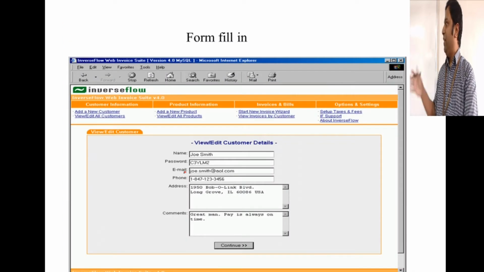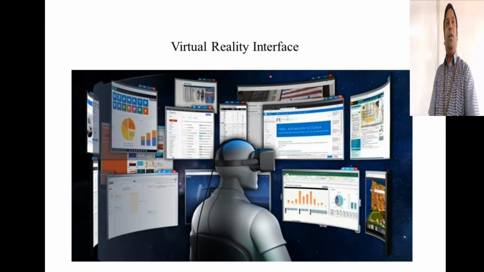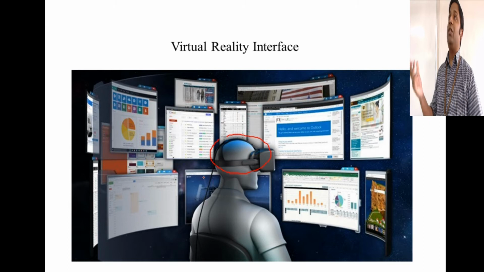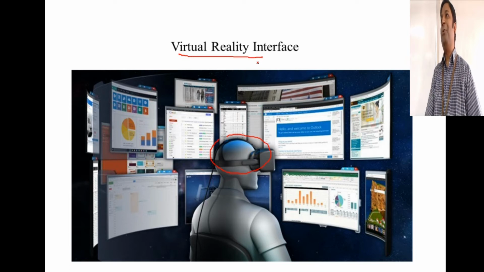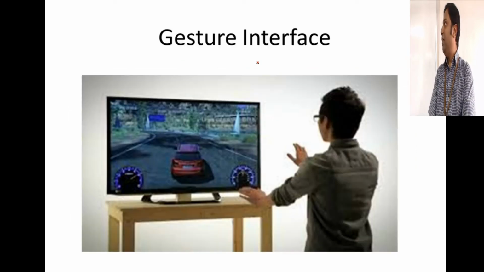Form fill-in. I think for our projects we are going to use form fill-ins mostly. The users will be going through several form fields and then they are going to fill in and submit the data. This is one kind of an interface. Virtual reality interface. So now we are getting these VR devices, right, which we can wear and we can have an immersive feeling of the entire system. So we have immersive VR and non-immersive VR. There are so many different types of VRs, but virtual reality in gaming is also becoming a reality now. So this is another kind of interface that we have.